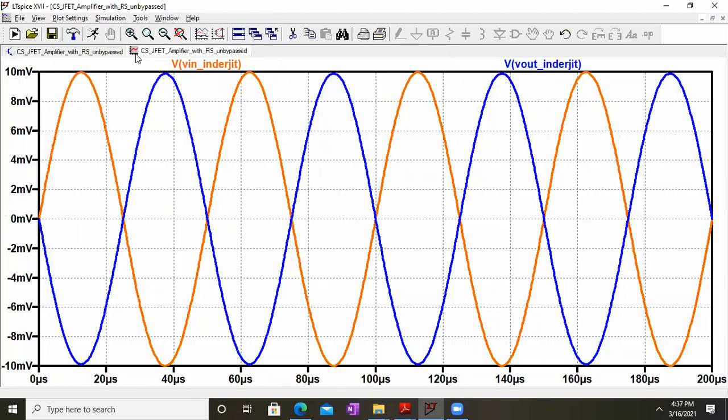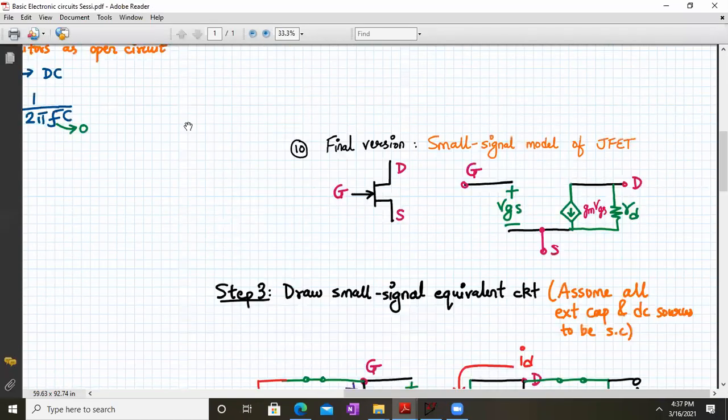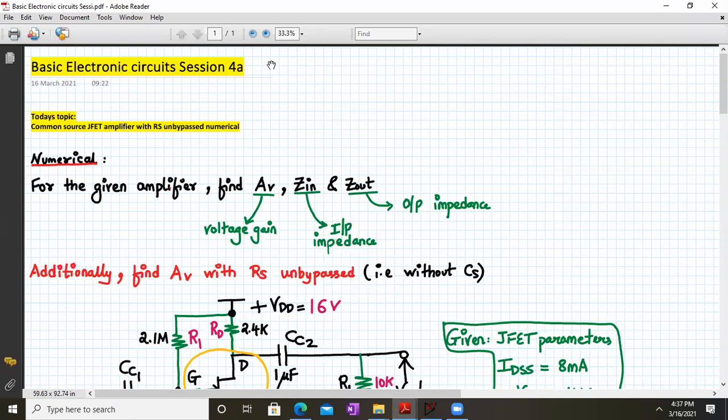So this out of phase signal indicates that it is a minus sign, and we got this as it is. Okay, so our results are matching perfectly, and I guess it's time to go for the next part. Okay, so for 4A, that is all.